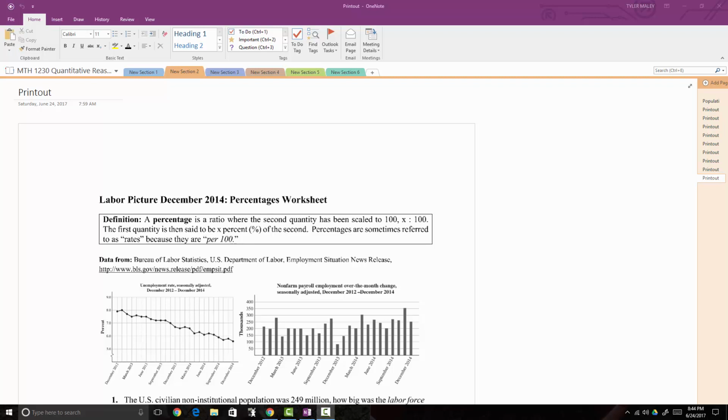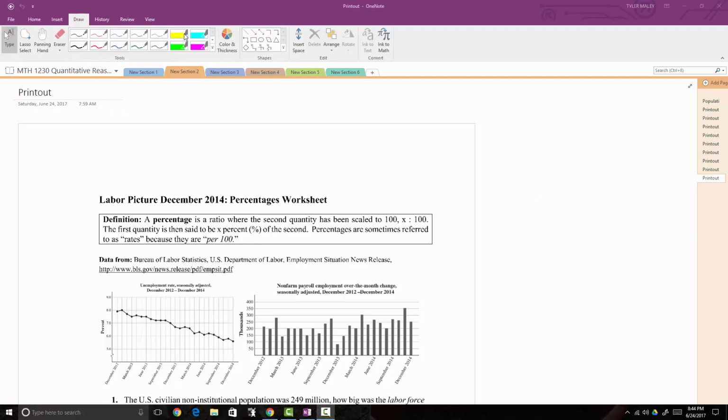Hi class, so there's just one worksheet for chapter 4 titled Percentages Worksheet. This worksheet will walk you through pretty much all the material in 4.1 through 4.4. But before I get started on the percent worksheet, one thing I want to point out is we do have